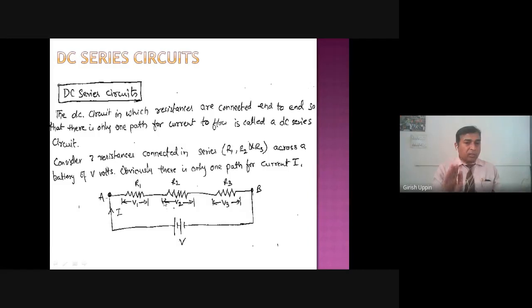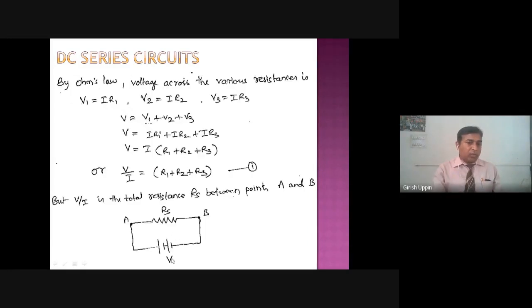So it will have the same amount of current for the same applied voltage. Here also the applied voltage is the same, so it will result in the same amount of current. For example, I told you this is 50 volts. If you apply 50 volts, it will result in 10 amperes in that earlier circuit. Here also, if you apply 50 volts, it will result in 10 amperes.